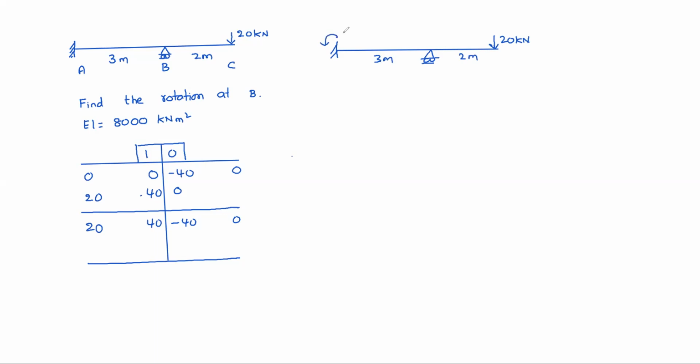This is 20. Okay. Now, the moment reaction at B: anti-clockwise 20 and... is it anti-clockwise or clockwise? That is clockwise only. Clockwise 20 into 5, 100, 120. 120 by 3, 40, right? 40, that means here 20. Okay. Now the shear force diagram is